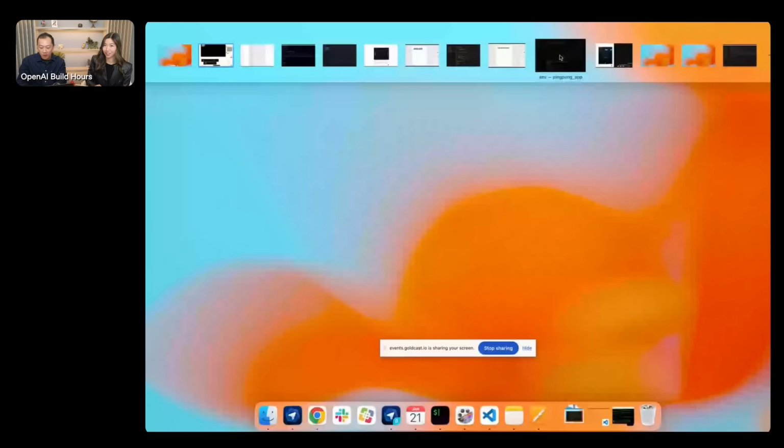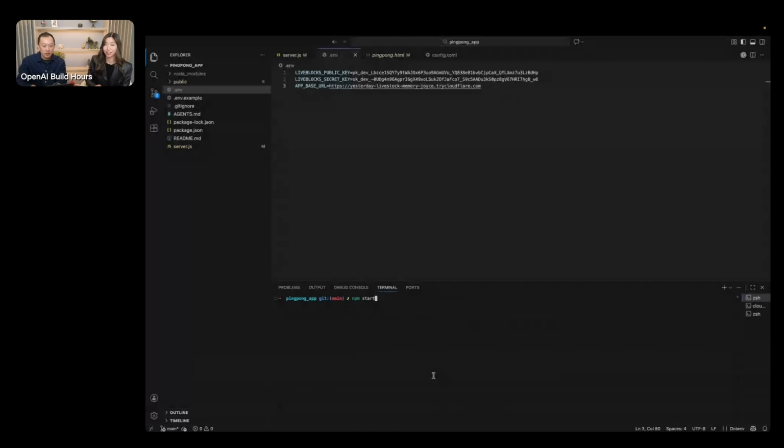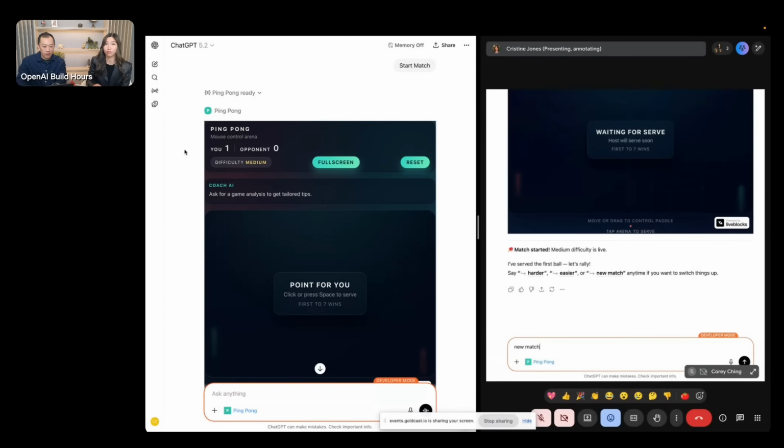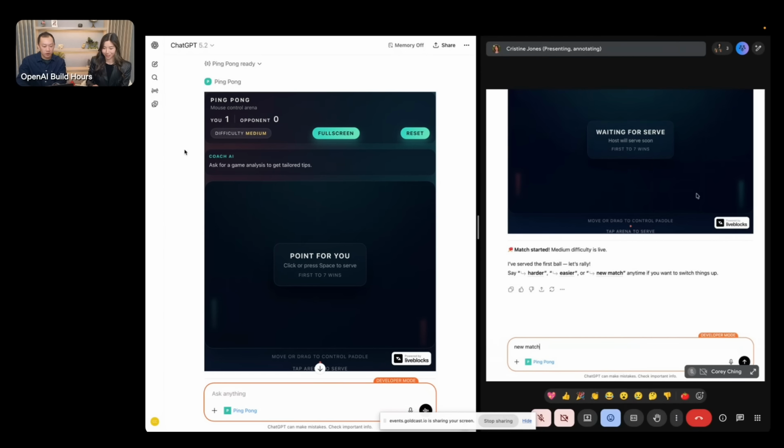Okay, so I am now going into here, and this is a ping pong app that I've spent a few more hours working on using Codex, and I'm going to start this server. Actually, I do need to turn off the old server, which I did, and then create a new tunnel. Oh, these tunnels are actually already live. So at this point, I should be able to go here, and I've spent a few more hours adding in capabilities like scores, a lobby, and also the ability to do multiplayer. Let's do this live, and if it doesn't work, I will debug and get it working.